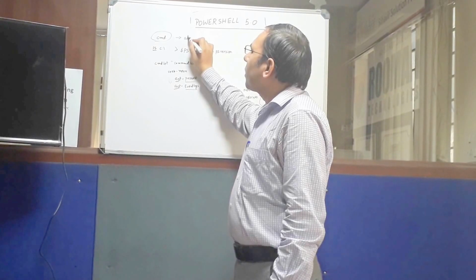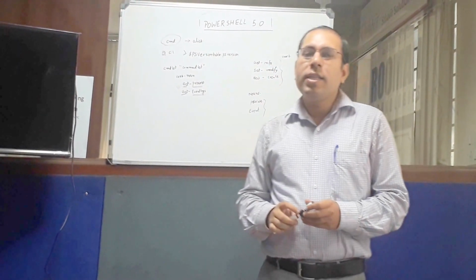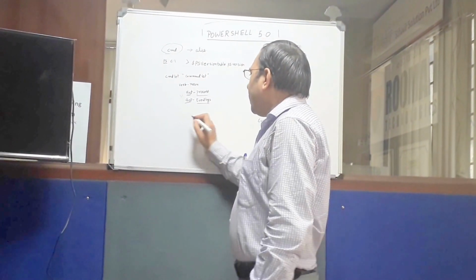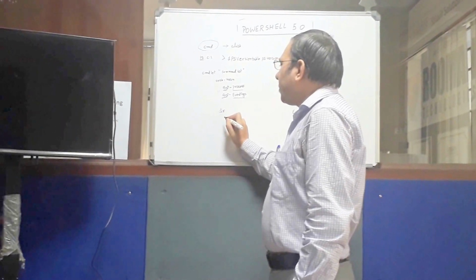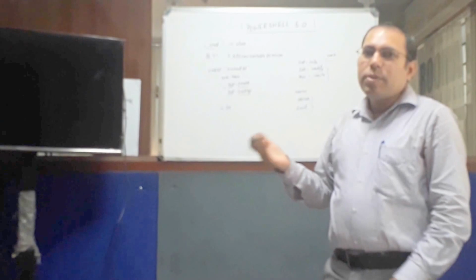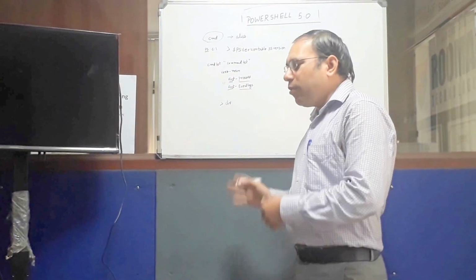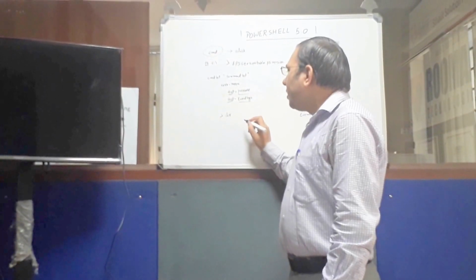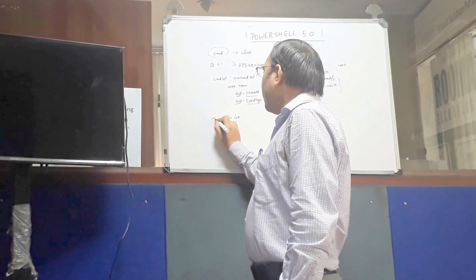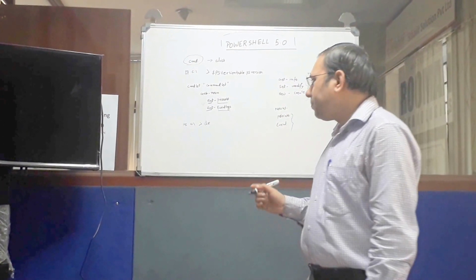All those commands which you are using in CMD are actually aliases here. You already know the concept of alias. An alias is calling the same command by a different name. For example, you have dir, a very famous command in CMD. When you write dir in CMD, you get the list of files and folders inside the present folder. You can still use this dir command inside PowerShell, and it will list out all the things present inside.